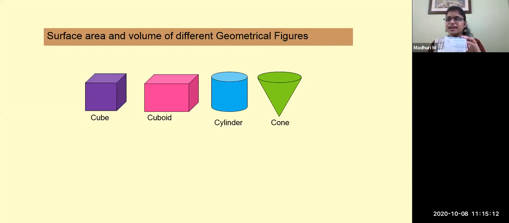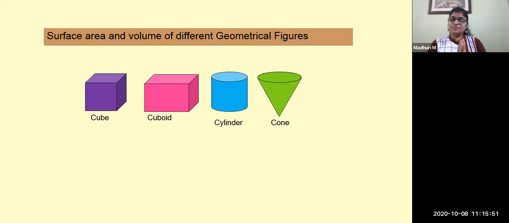Now try to understand the difference between a cube and a cuboid. Just check, for a cube, all the sides are equal, isn't it? All the sides are equal. But when we look at a cuboid, all the sides are of rectangular shape, right? And then a cylinder. For today, we will be looking at these three shapes, that is a cube, a cuboid, and a cylinder. So the basic shape of cylinder I have with me over here is a container where it is of the cylindrical shape, right?